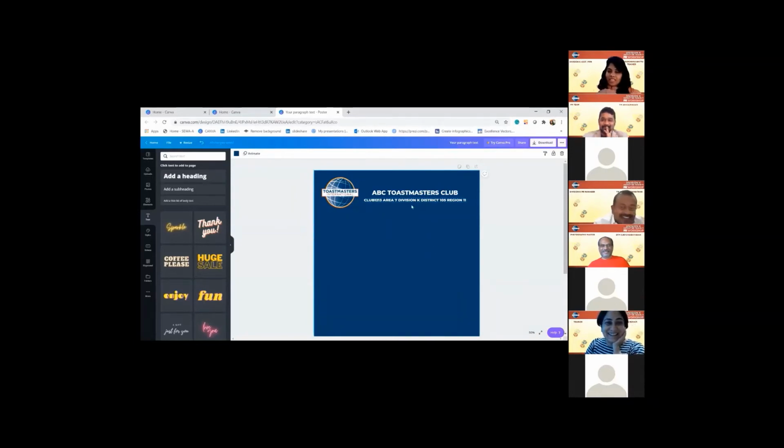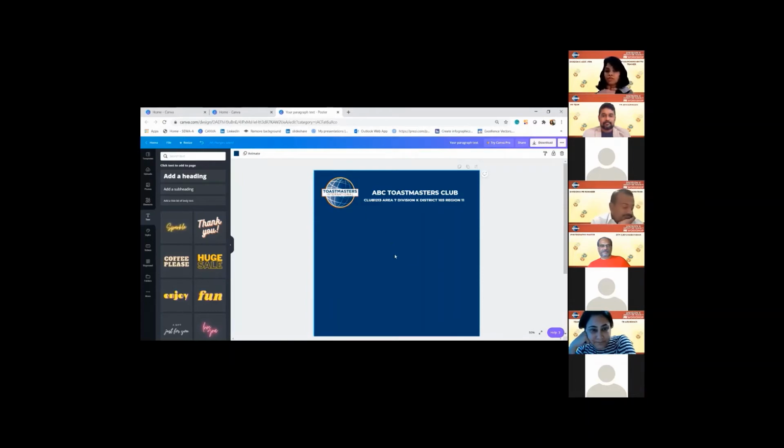Yeah, so now what I did was I just dragged it down and the size was reduced. This is an easy way to do it. And we have the club details. Okay, now we are done with the club name, club details. We have the logo in the right space. You need to have the breathing space around the logo. So this is done. I want to give it an artistic look.